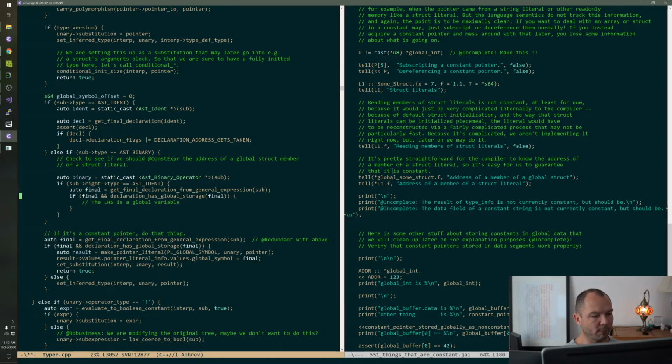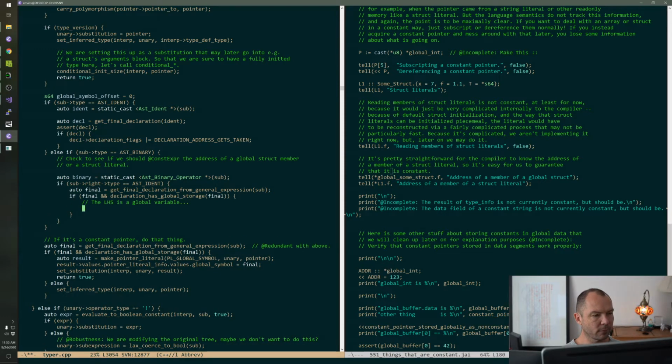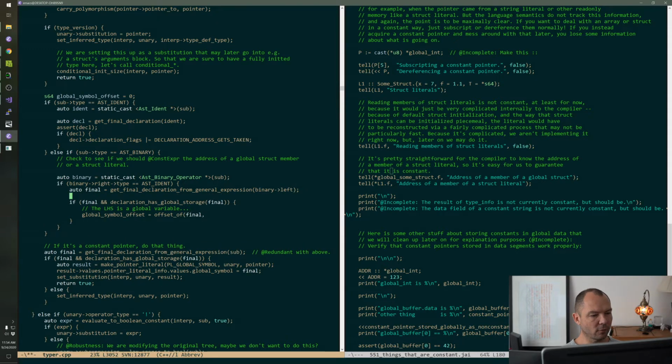So we're just going to say global symbol offset equals offset of final. Actually, okay, hold on. This is binary left, all right.